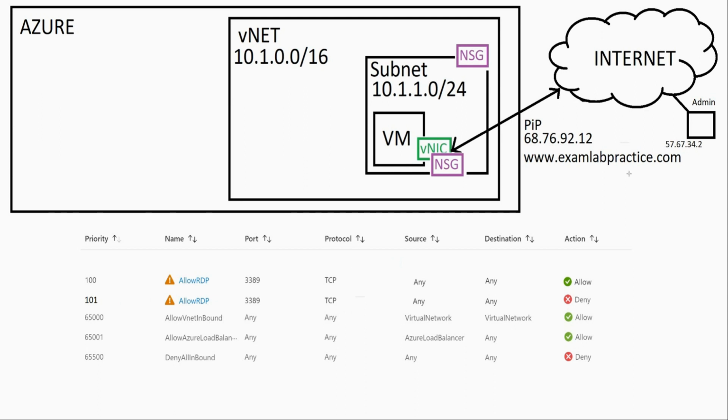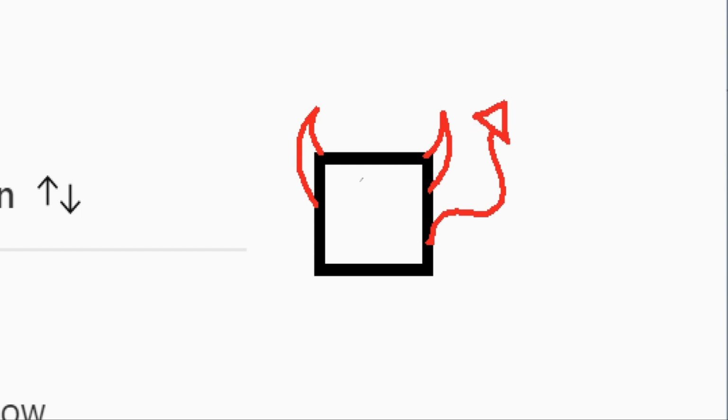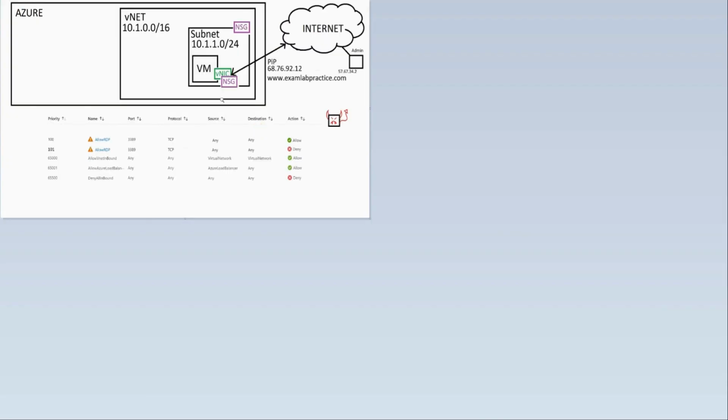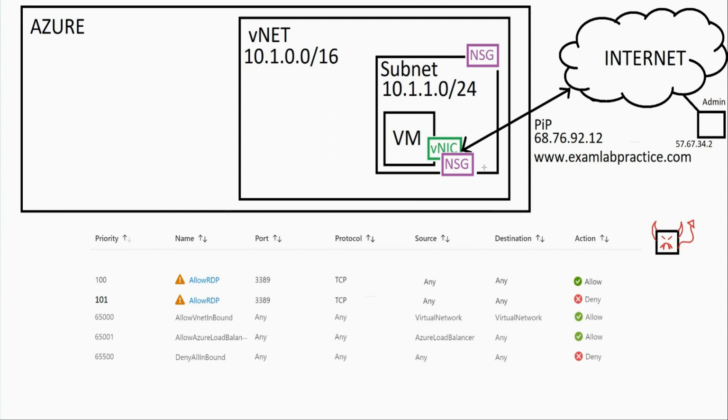Okay, maybe we've got a situation where we have some hackers. All right, let's just make some hackers here. We'll say that this is going to be our little hacker. Okay, devil horn, devil tail, mean look on his face here, some fangs. Got to have some good fangs if you're going to be a hacker, right? Okay, not really, but okay. So let's take our hacker. Okay, here's our hacker, or hackers, and maybe there is a range of addresses on the internet